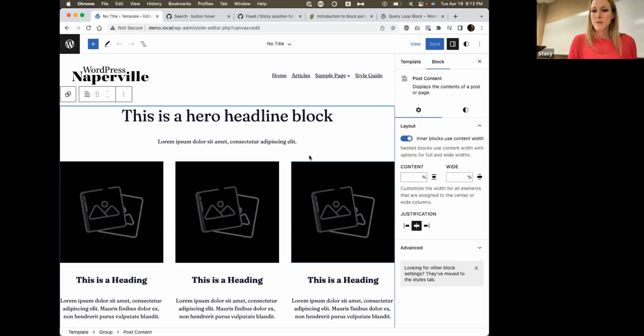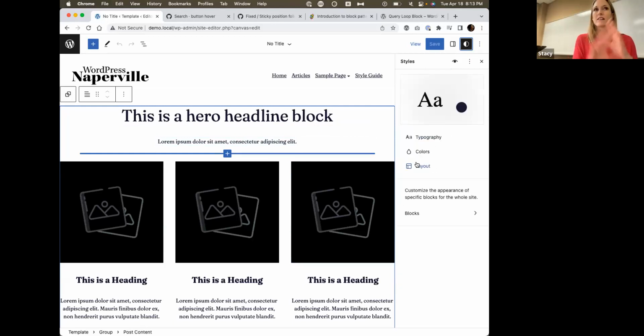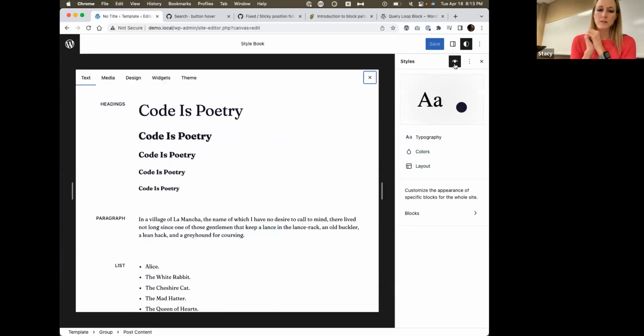And it confuses me because when I click on a block, the styles icon is here. I'm so used to going up here for the gear. I constantly click this and I go to the global styles, but I don't know I'm really in the global styles. So that interface I kept messing up on. But once you click on the styles panel in the editor, there's this new icon, this little eye, and that opens the Style Book,